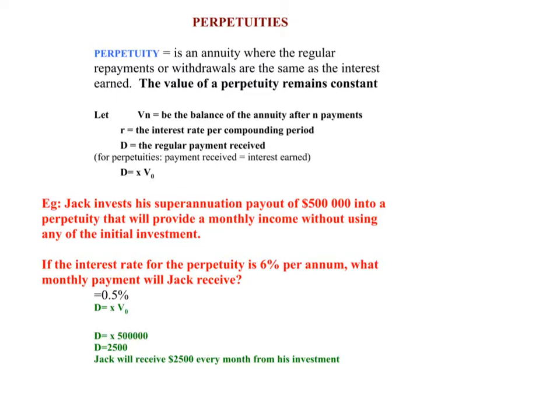Good. Okay, so today we're going to look at perpetuities. So perpetuities are still similar to an annuity, except there's a little bit of a difference. So with a perpetuity, you're going to invest in the bank, or someone's going to invest into the bank a sum of money. So say, for example,